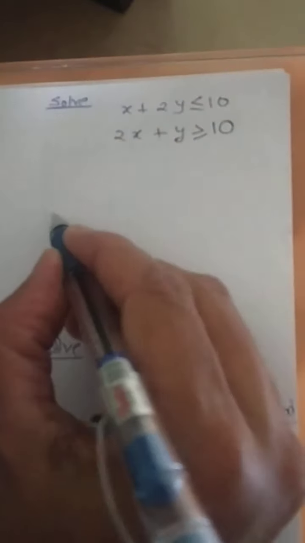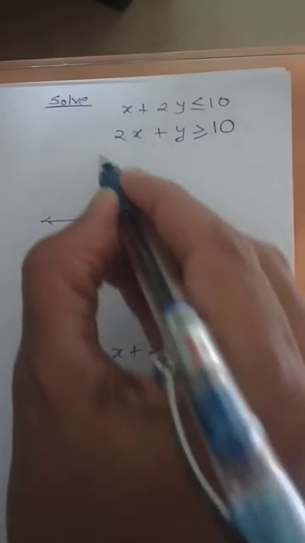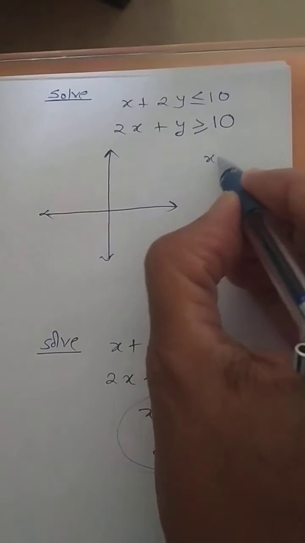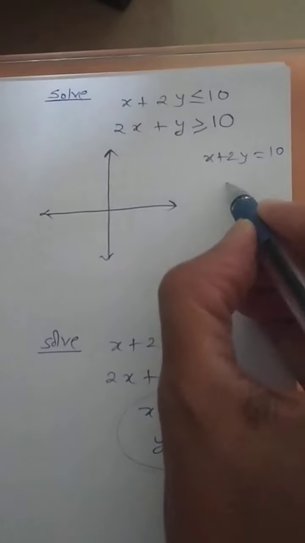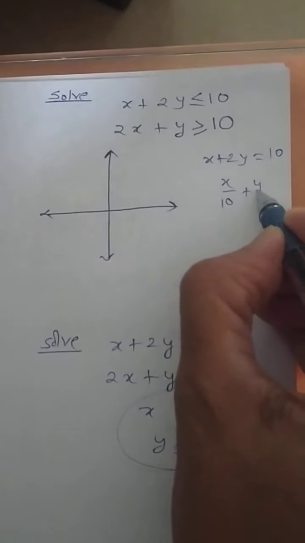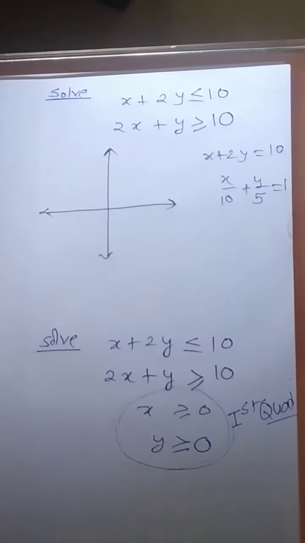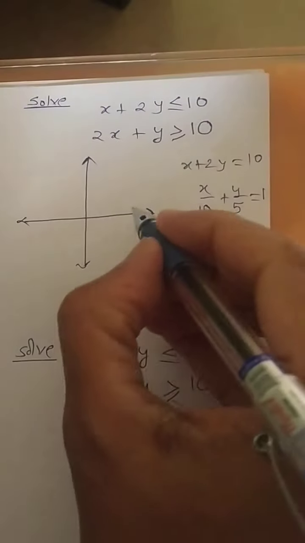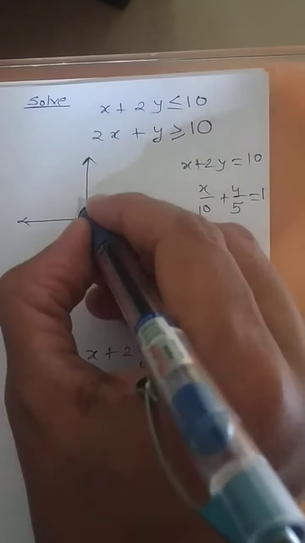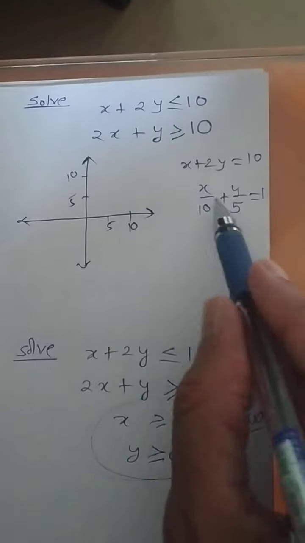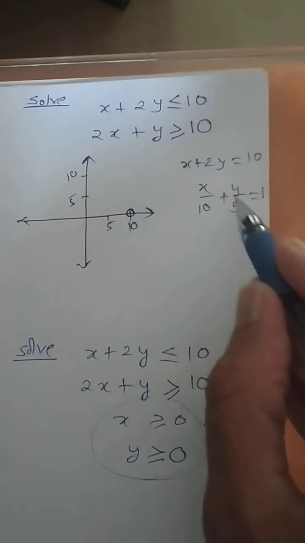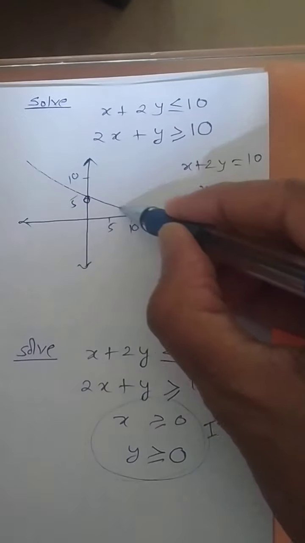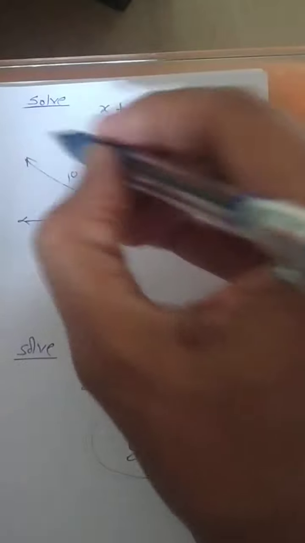Now these are the two equations. Let us consider what I told you. For answering any question, you should write the equation in intercept form. It will give you x by 10 plus y by 5 equal to 1. Go stepwise, one after another. Now the x intercept is 10, and the y intercept is 5. X intercept is 10, so this will be the required point, and y intercept is 5, this will be the required point. So you can draw a line which is passing through these two points.